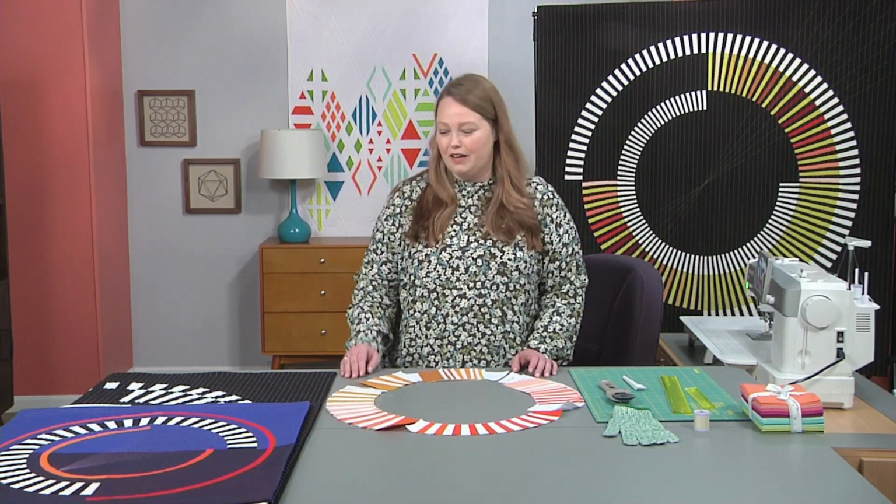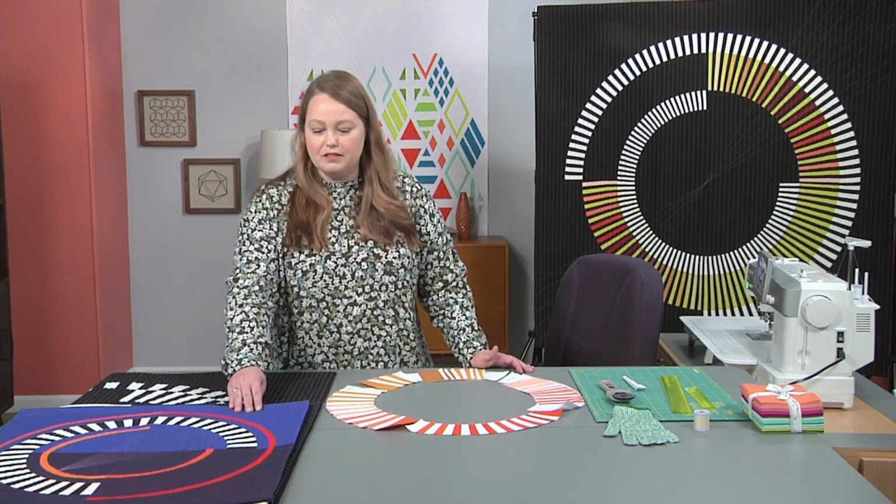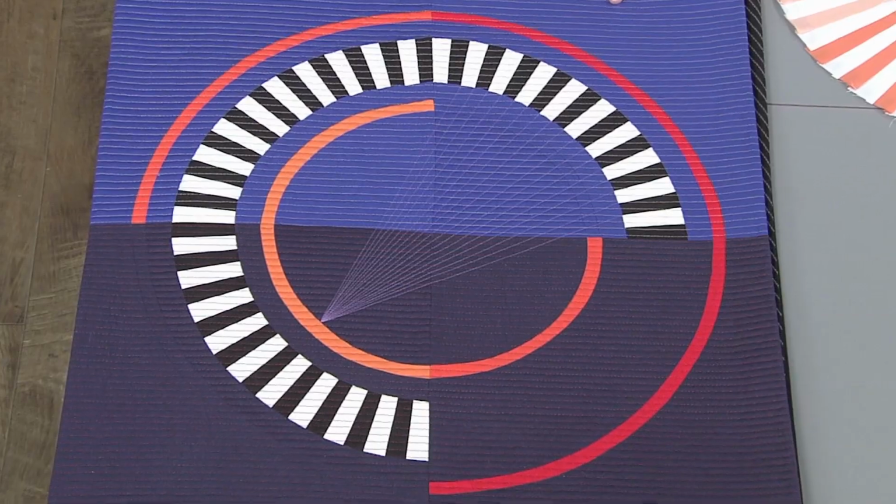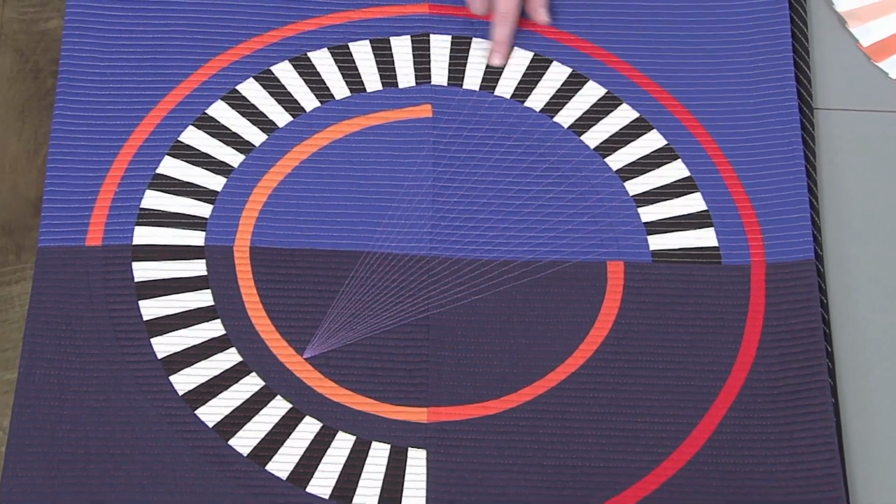Let's take a brief look at some of the quilts that I've used with paper piecing. This top quilt, Indigo Radial, is the pattern that we'll be making today. We're going to use this paper pieced arc of pieced wedges, except we're going to be doing it using a